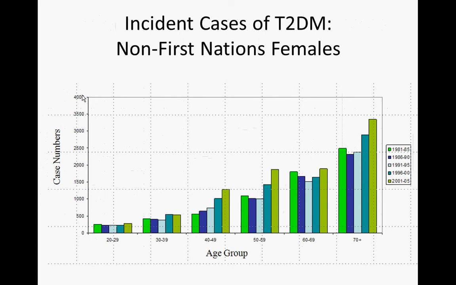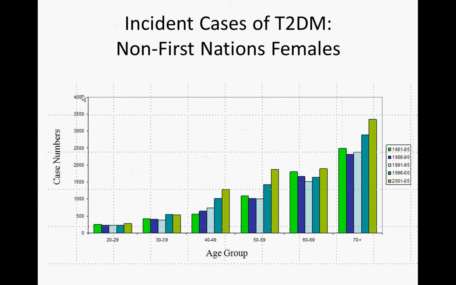Now these differences, these disparities, extend to other factors as well. We saw prevalence. What I'm looking at now is incidence, with the x-axis indicating the year of diagnosis of diabetes, and the y-axis case numbers, the different bars showing different periods of time. What this graph shows is that among non-First Nations females,